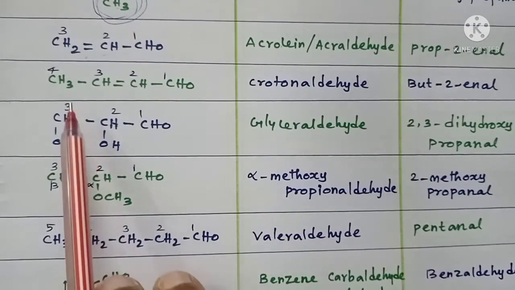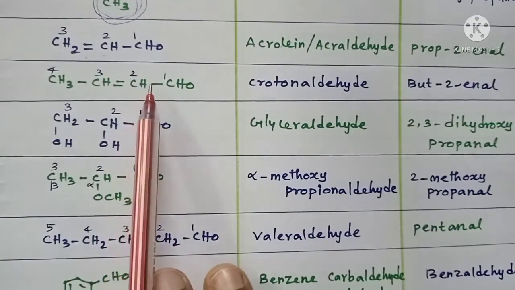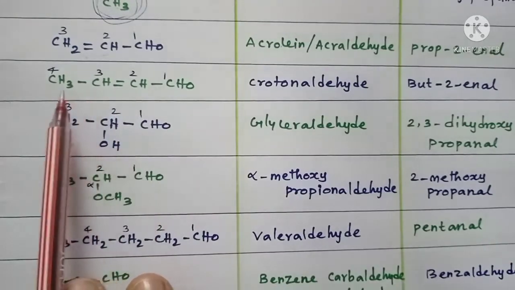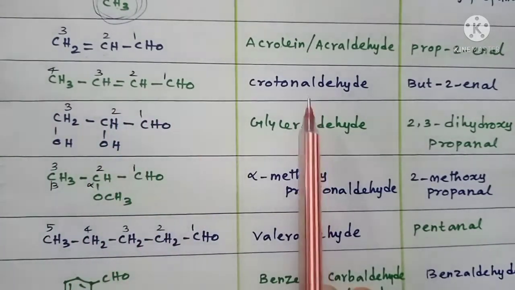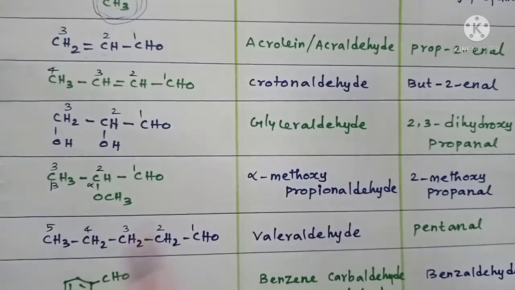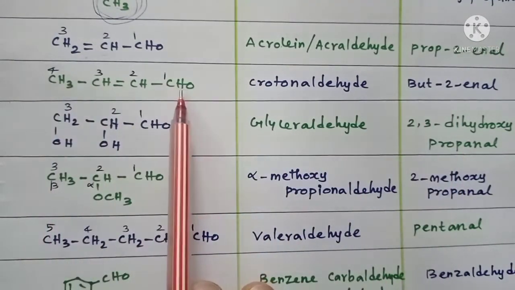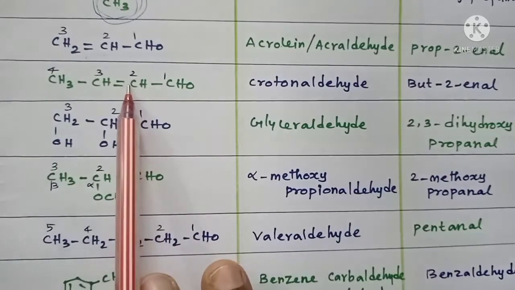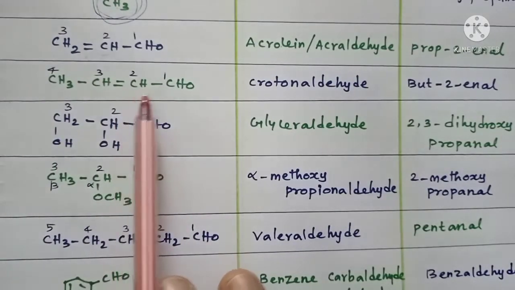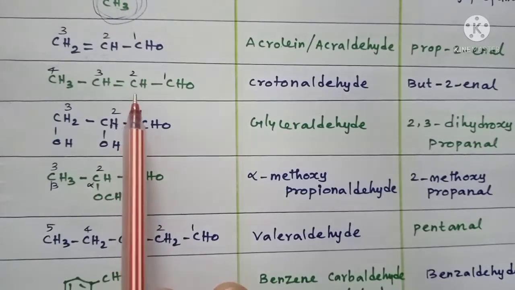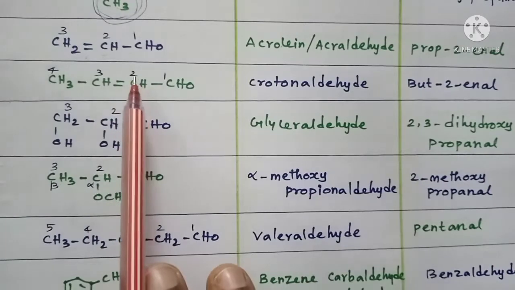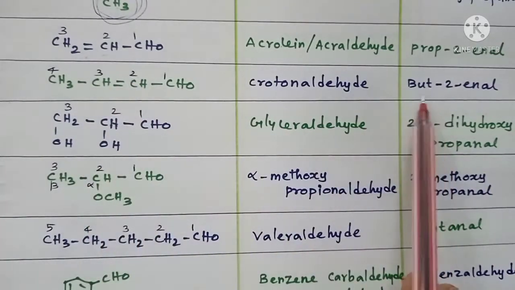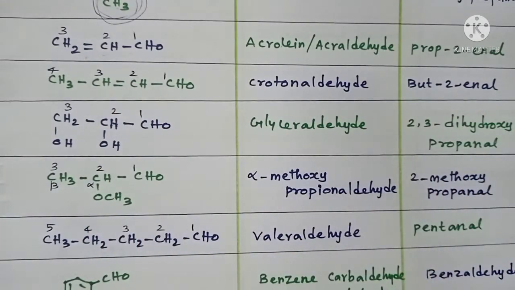Okay. The next one, another aliphatic unsaturated aldehyde with 4 carbon atoms, CH3-CH=CH-CHO, which is called crotonaldehyde in common system. So in IUPAC system, totally 4 carbons are there, and a double bond is next to the second carbon. 4 carbon derivative, so double bond is butene, aldehydic function group, butenal, double bond between second and third, least number 2, so but-2-enal. So crotonaldehyde is called but-2-enal in IUPAC system.